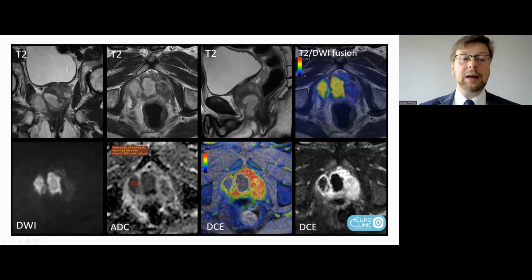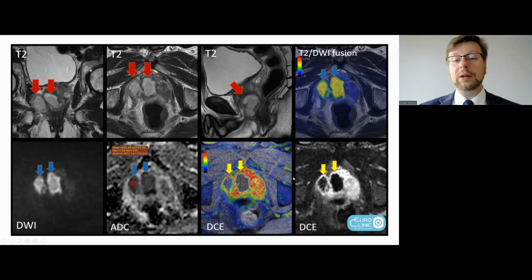In the right lobe of the prostate with periprostatic involvement, there was a lesion with hyperintense signal on the T2 weighted images, which had thick septa, and resulted in restriction of diffusion on DWI images, which was very significant. We can see it on the T2 DWI fusion maps, and a very significant decrease of the apparent diffusion coefficient, which is very characteristic of clinically significant prostate cancer.